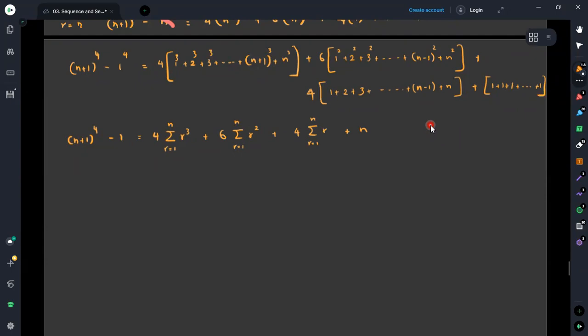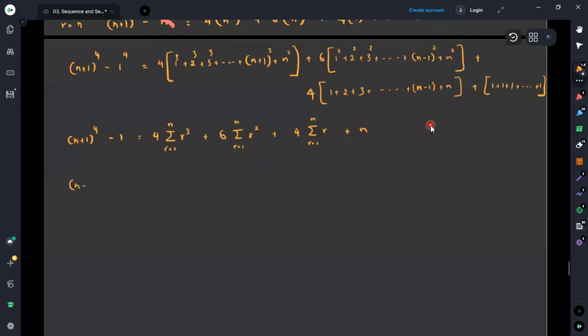Now what we need to obtain is a value for the summation of r cube, where r is going from 1 to n, but we already have the values for the summation of r squared and the summation of r. In the previous calculations we have obtained the equations for the summation of square terms and the summation of natural numbers as well. Then we can have the values without the expansions. I will try to have this proof.